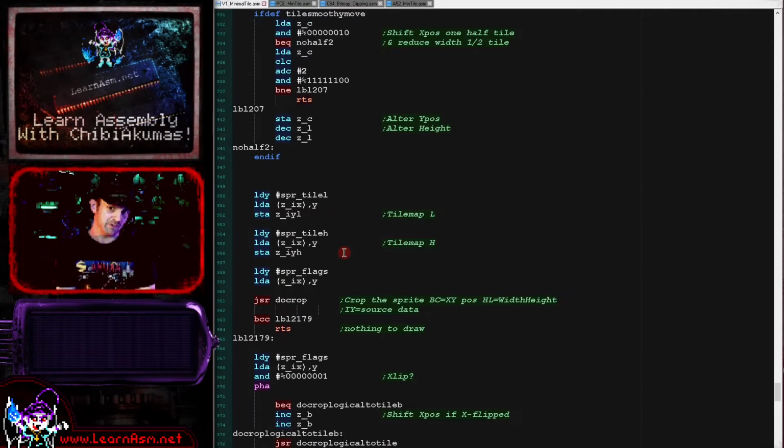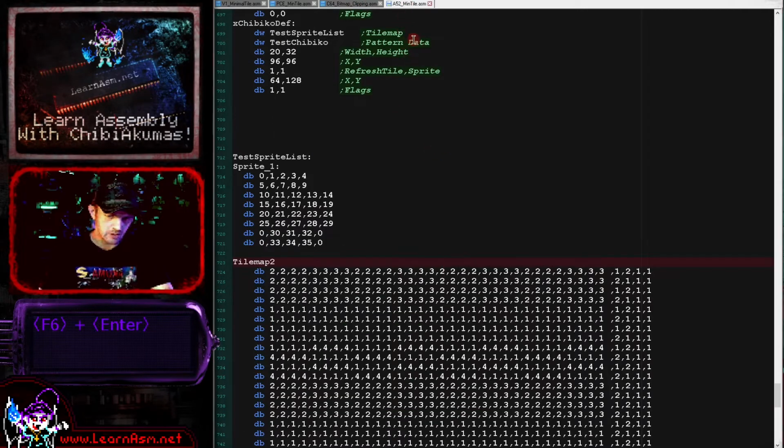That shift is a little bit of a pain. Now this does also raise a point that there is a rather significant limitation of this version of the code. MinTile is fairly crude in some places, and one of the limitations is with regards to transparent sprites. Sprites where parts of the sprite have 0 entries. For example, the feet around the Chibico character, well, they have no tiles, and that can cause some graphical glitches